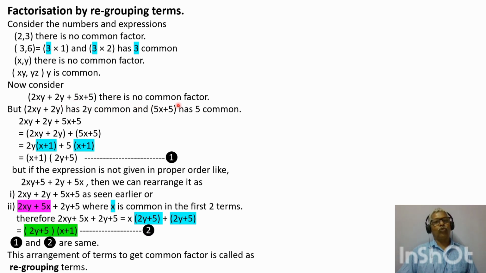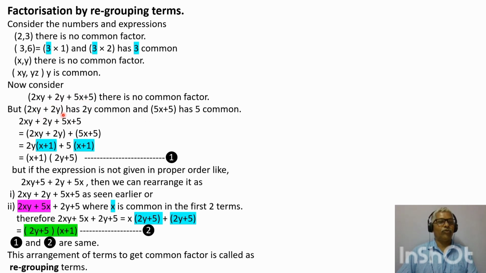There is no common factor. Write this on paper and then you will understand it correctly. If you take all these terms, there is no common factor, but if you take only two terms, these two terms and again these two terms,